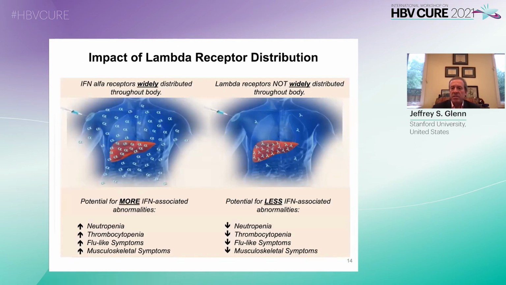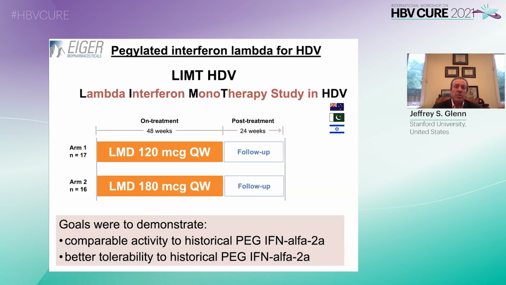And this is the basis for why the receptors for lambda are much less widely distributed in the body. That's why there's much less of the typical interferon type 1 symptoms when you use the type 3 interferon lambda. And in Delta, this is the first study looking at interferon lambda in Delta, the so-called LIMIT study,